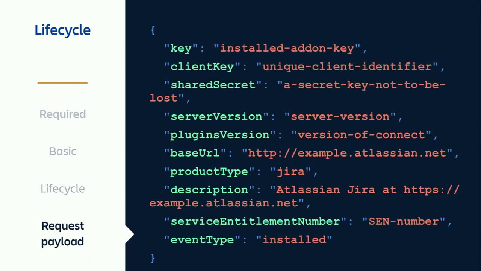Well, this HTTP request payload will be sent to you. Lifecycle callbacks contain this JSON data payload with important tenant information that you will need to store in your app in order to sign and verify future requests. Now, the best practice is to save this object into your persistent data store and be able to retrieve it